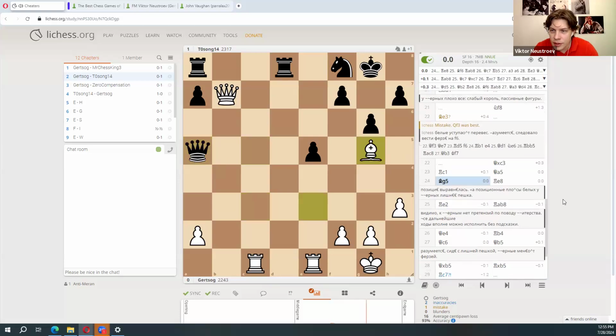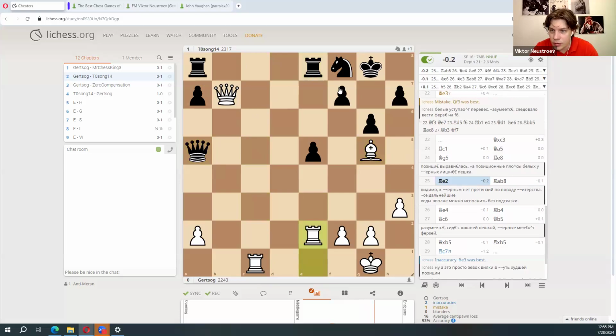Five, bishop g5, attacking the rook. Well, you see, the rook can move anywhere, but he chooses the best option. I play rook e2, and again, look, there are two good moves, knight e6 and rook ab8, according to the engine. And let's wait for the engine